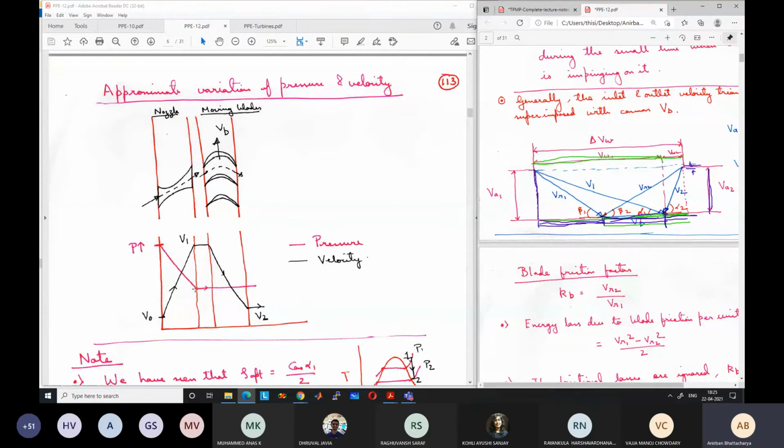Okay. Then there is a small gap and the fluid enters the moving blades with an absolute velocity V1 and goes out of the moving blades with an absolute velocity V2. In terms of relative velocity, velocity does not change. VR1 and VR2 is same, but the absolute velocity changes drastically. It was very high velocity and now it becomes very low velocity V2. So the velocity decreases, and what happens to the pressure and enthalpy? Somebody had asked the question today, right? What happens to the enthalpy?